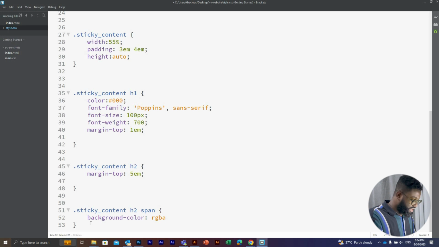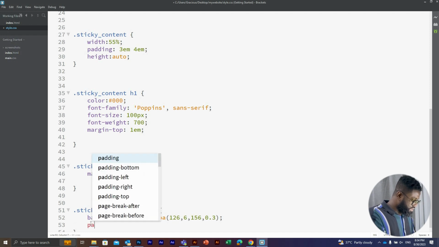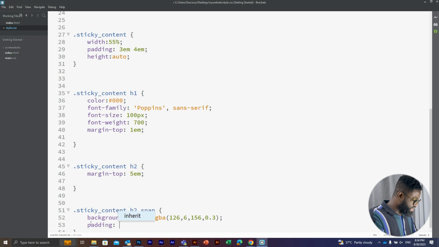Okay, so the color will be 126 and then comma 6156, and then I'll reduce the opacity to 0.3. Okay, and then we have padding of 0.5 EM all round padding, and then the border radius, I'll just give